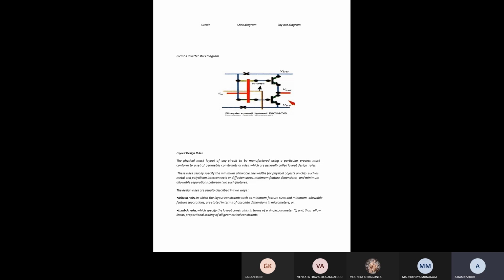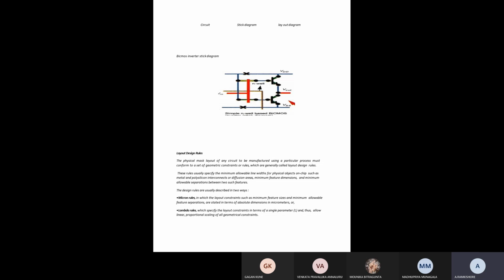So in our 10th class mathematics or intermediate mathematics, we drew some circles, squares and triangles with some scaling of parameters, that means by using some geometrical equipment. So we drew different types of symbols. In the same way, here we have to consider a geometrical scaling value to represent any type of layout indication.